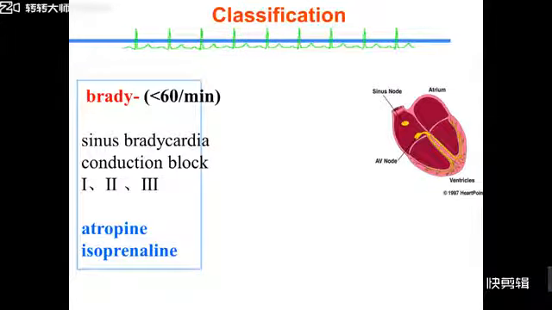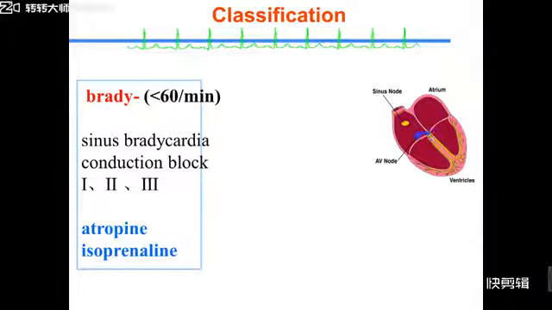For bradycardia and conduction blockade patients, in fact, the best therapy is to suggest the patients use an electronic pacemaker and not use drugs. But if some patients are elderly or mild and they want to use drugs, the first choice agent is atropine. We can also use isoprenaline. We have studied atropine as an M receptor blocker.